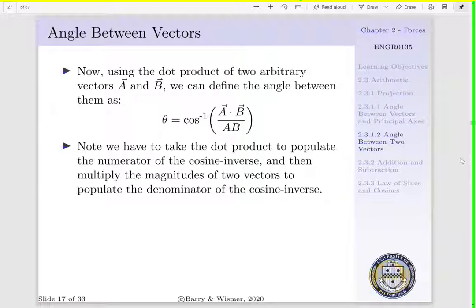Now, say we have any two arbitrary vectors, a and b. We can find the angle between them, just as we have done in the past. That is, theta would be equal to cosine inverse of a dot b per the magnitude of a times the